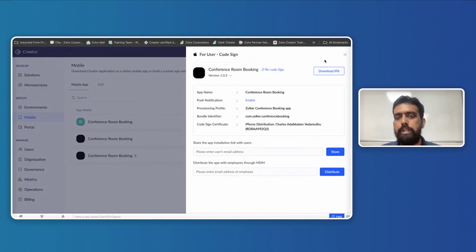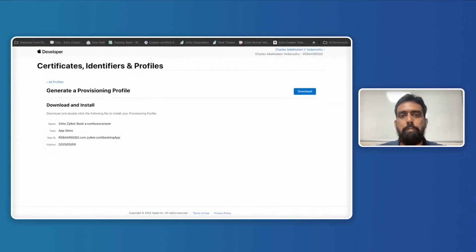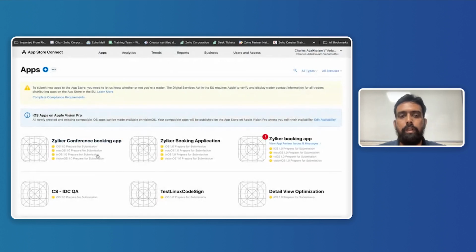As I told you in the presentation, you have different ways by which you can distribute the application to the stakeholders, right? So one such way is downloading the IPA, and once you download the IPA, you can get into the App Store Connect. So this is how the App Store Connect would look like after signing up, and you just need to click on apps in the top left corner and a new app,